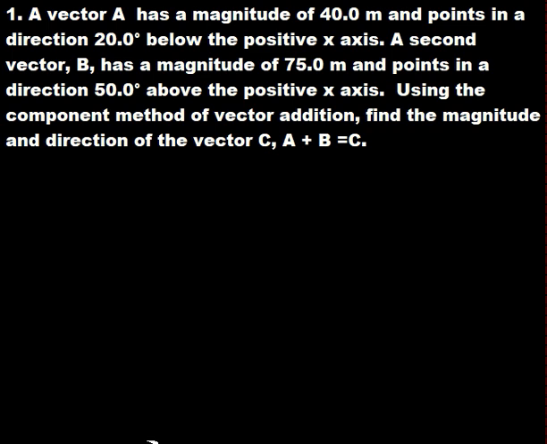So now let's see how we can handle this question. A vector A has a magnitude of 40.0 meters, and it points in a direction 20.0 degrees below the positive x-axis. So which means if we can come up with the Cartesian plane,